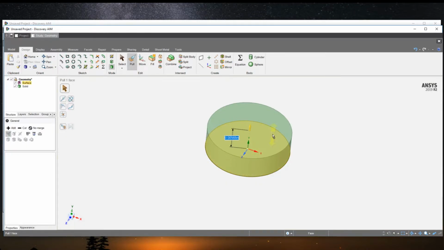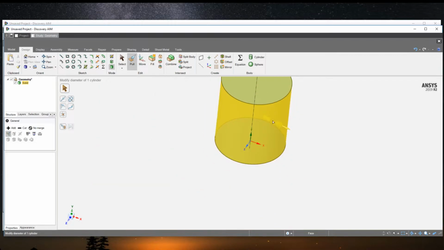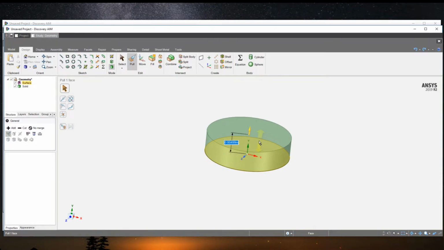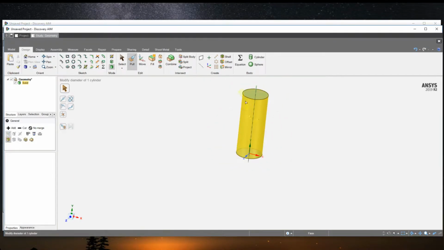Pull, and when you pull, you can also enter the value that you want it to be. So let's do 5 centimeter. So this is a cylinder magnet,